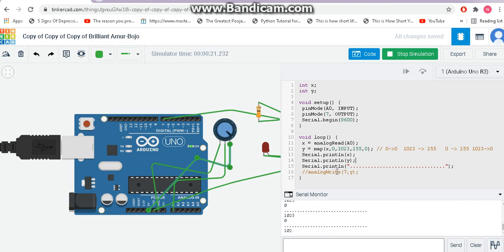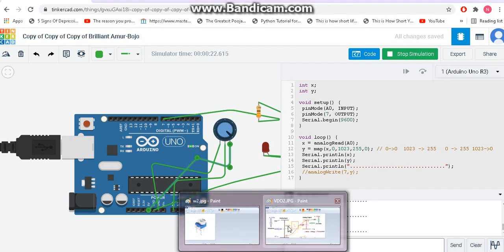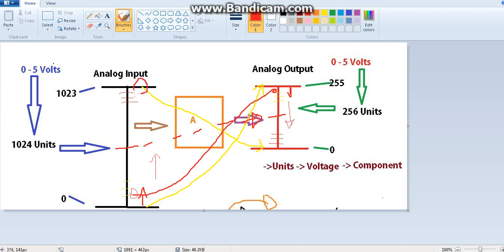Hello everyone, so we stopped at this place in the last video, so let's continue from here. Okay, so it's very clear and neat. We know it now, it is working in the reverse direction. So 1023 to 0 means we are here, right? For 1023 we have reached 0, so we have made it the reverse way.